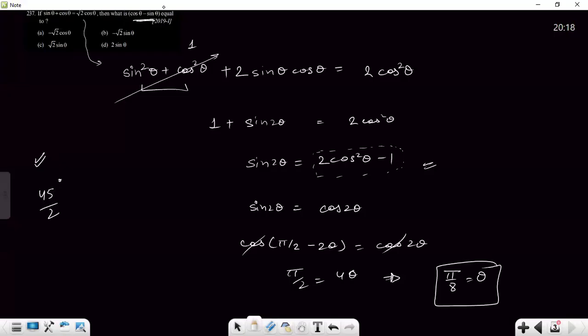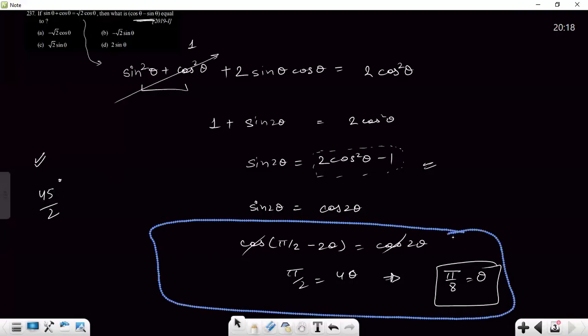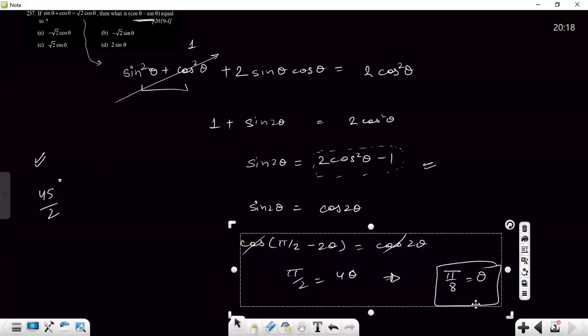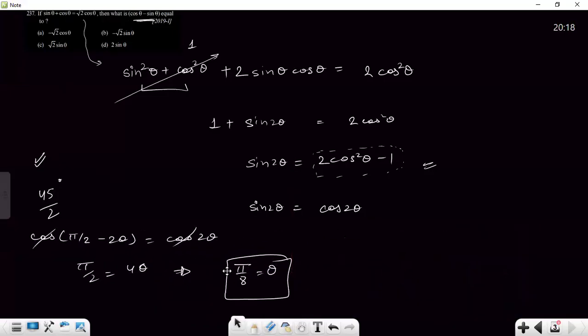What we have to find out? Cos theta minus sin theta. Other than this, we can also apply one more analogy here. One is that if we know the value of 22.5 degrees, we'll be able to solve from here. Other than this, there is also another method. That method is: sin 2 theta is equal to cos 2 theta. So what we can write here is